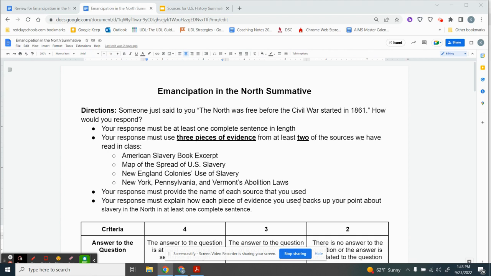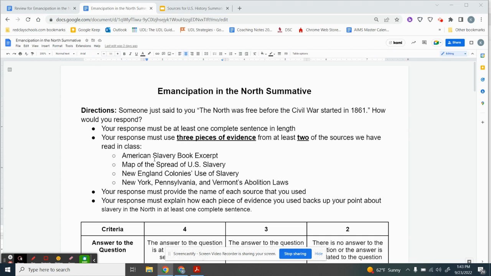The directions say, someone just said to you, the North was free before the Civil War started in 1861. How would you respond? Your response must be at least one complete sentence in length. Your response must use 3 pieces of evidence from at least 2 of the sources we have read in class: